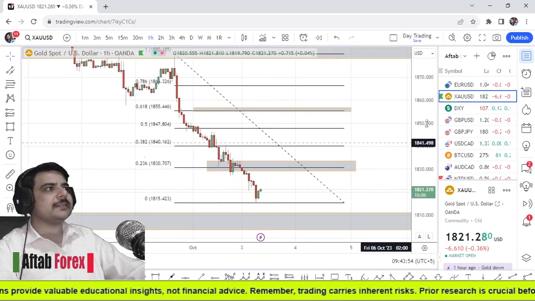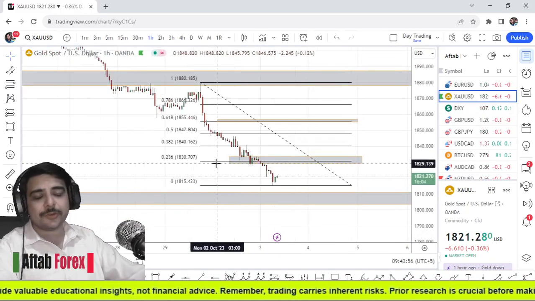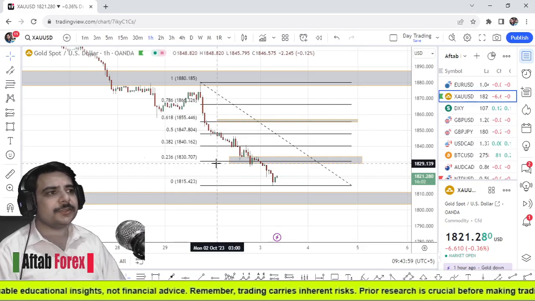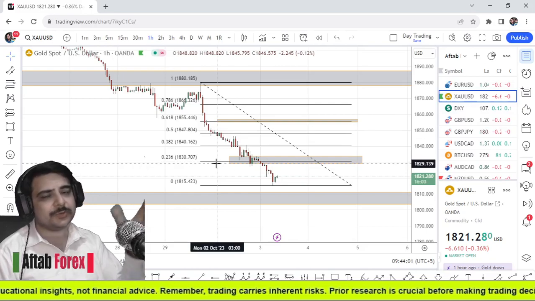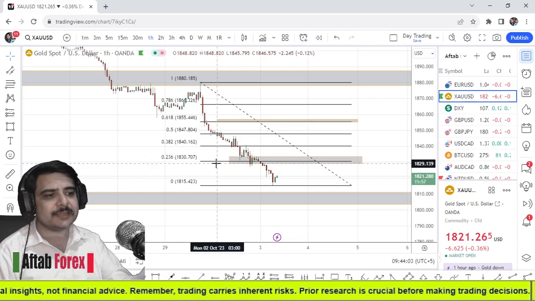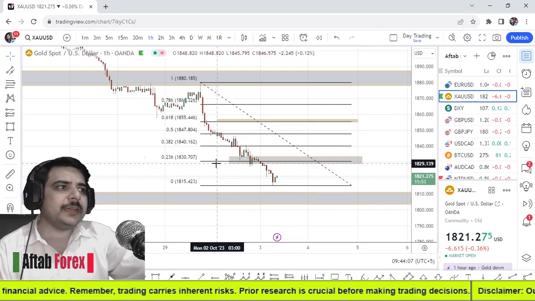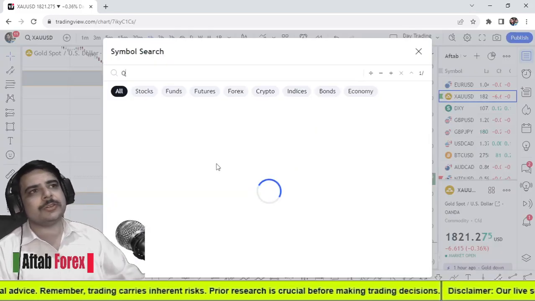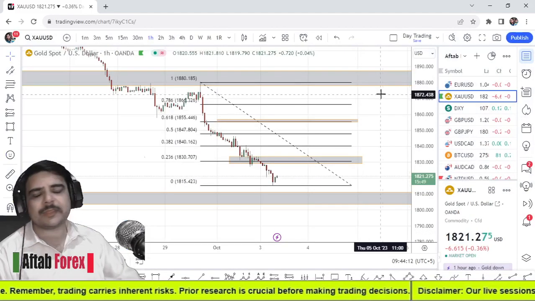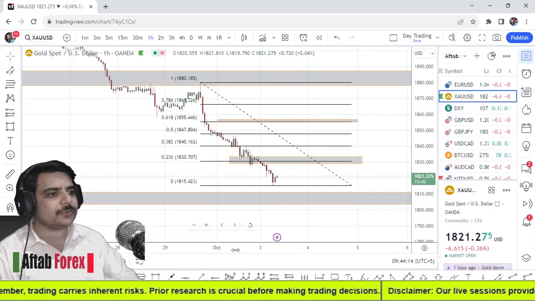So these are the support and resistance levels that I drew in front of you. I hope you guys will draw your support and resistance levels like this, and you will be making good trading decisions, right? So let's see